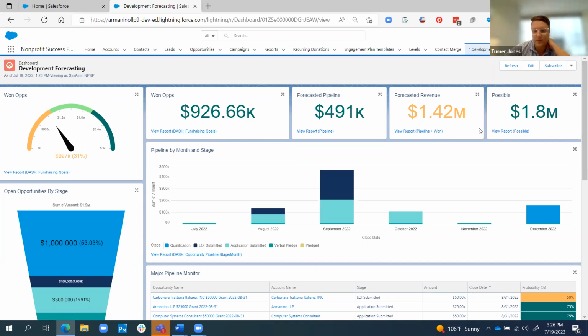And then up at the top, we've got some forecast summaries, right? So we've got what we've got in the pipeline so far, what we're forecasted to be at the end of the year based on our pipeline. And then if we win everything 100%, we would end at 1.8 million.